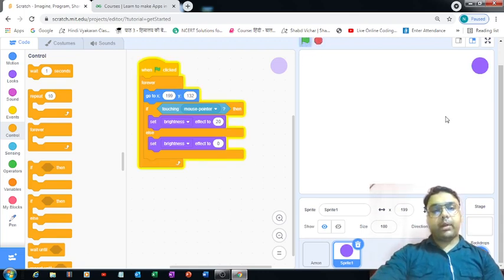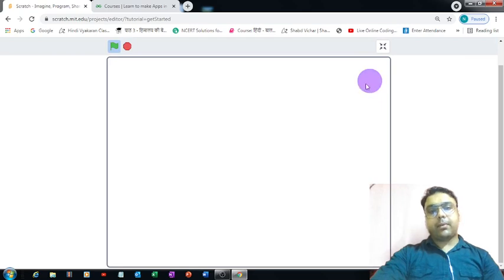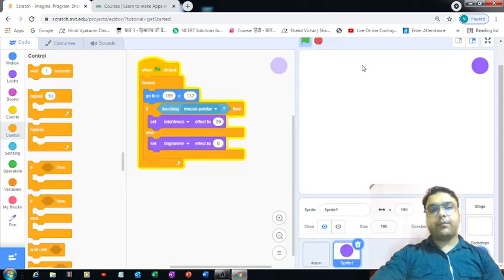Now if I bring my cursor and put it over the circle, again I am able to see some changes happening to the brightness of the circle. It is perfectly fine, so we can go ahead and use this 20 over here. So it's the hover effect. You remember we did that in Thunkable, as well as we studied this hover effect when we were doing web development. That's the kind of effect you can add with the help of these blocks.